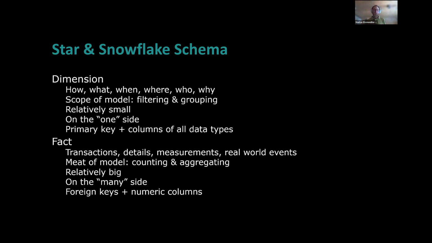Or it can be really aggregating things, like think about a supermarket cashier. When you put your goods on this band, then the cashier just puts it through the scanner, right? And every time it makes a beep, you have a row in the fact table for the supermarket. So these are real world events, and they're connected to the dimensions. So every time it makes a beep, we know what product, at which point in time, at which cashier, in which supermarket, in which territory was sold, and what special offer was on that. If the customer has a customer card, we also can collect information about the customer, who bought which thing together with other things, and so on and so forth.